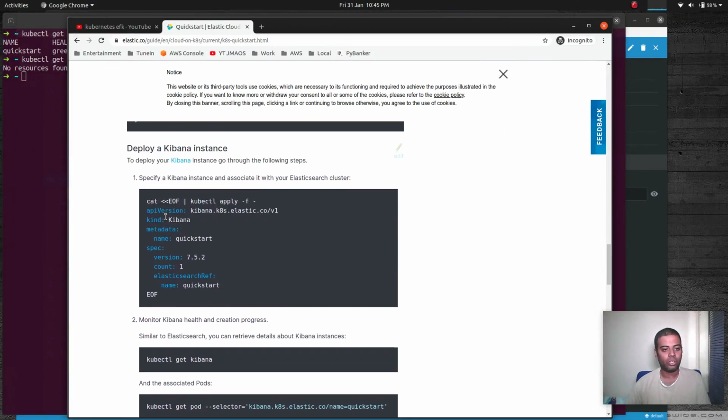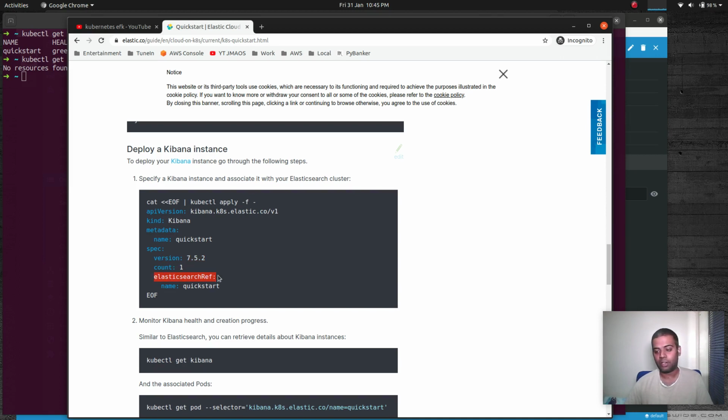Okay, so now we are good to deploy Kibana. Again, we are using the API version kibana.k8s.elastic.co/v1. Kind is Kibana, name is quickstart, version 7.5.2, count is 1, and this elasticsearchRef tells this Kibana deployment where to find the Elasticsearch. So Kibana needs to talk to Elasticsearch to be able to query the data that's stored in Elasticsearch. So that's what we are doing here. Okay, let's copy that